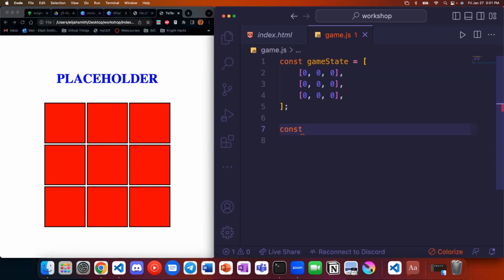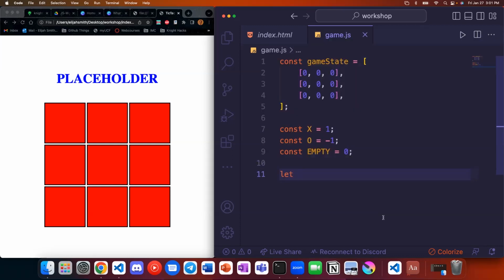and name that something more useful and then reuse the variable over and over again instead. And so instead of representing a 0 is nothing, a 1 is an X, and a -1 is an O, and then just throwing a bunch of 1s and -1s in our code willy-nilly, we can say that the variable X represents our 1, the variable O represents -1, const empty is equal to 0, which is what we defined. And so now anytime we want to check, is this piece an X, we can just use X in our code, and anyone who looks at it is going to immediately know that this is an X.